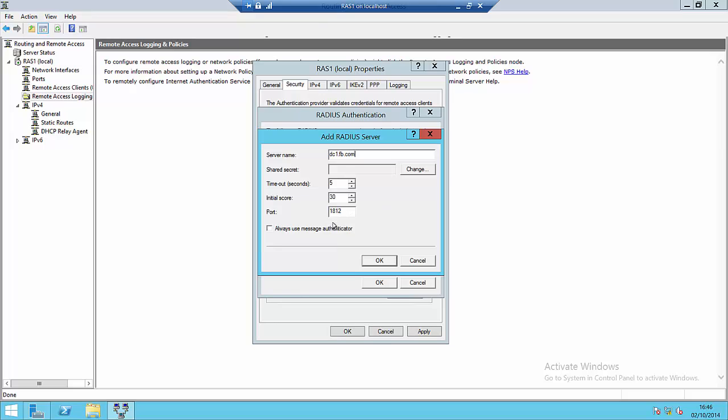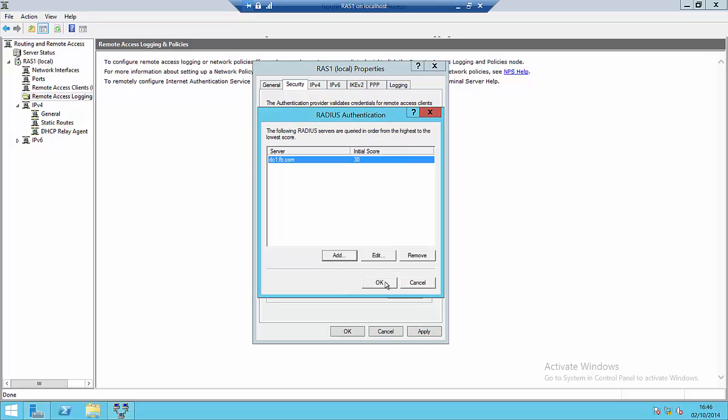Also notice the port number I'm going to use to connect to the RADIUS server on, port 1812. This is the default connection port. If you've changed this port on the RADIUS server, you would have to change its port number here as well. So if I say OK there,